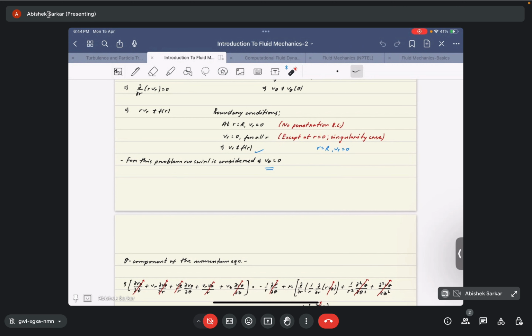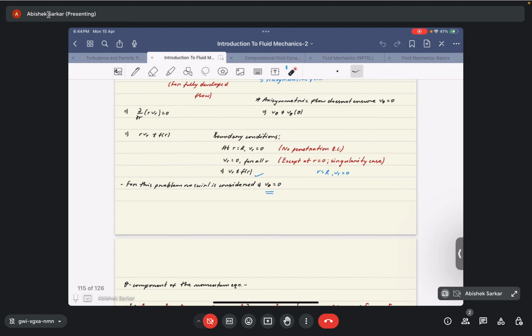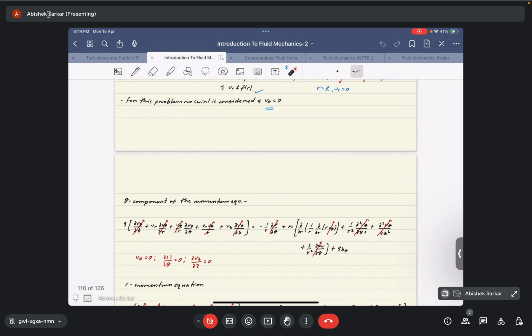So from the continuity equation, we got two conclusions: vz is not a function of z, and vr is 0 for all r. Okay. So from the theta component of the momentum equation, we can write, see again, this form of the governing equations